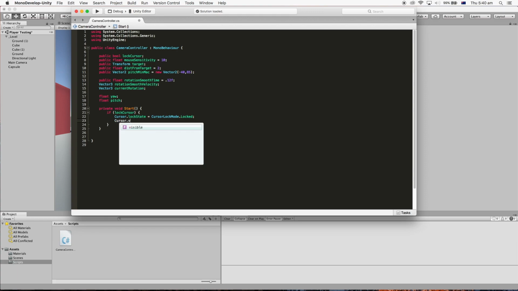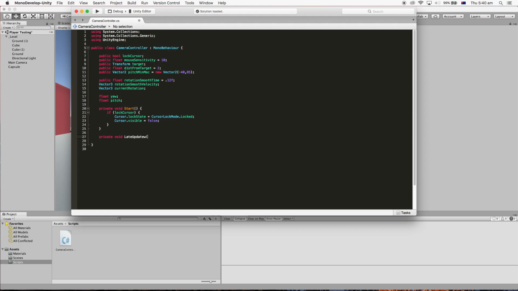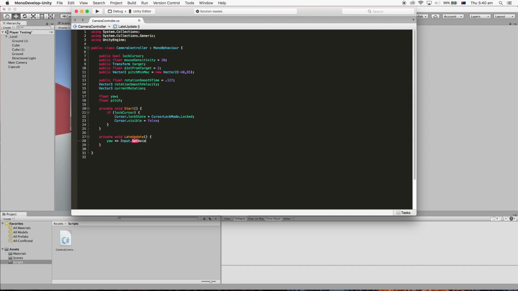Cursor.visible equals false. You can keep it there if you want. I don't know why you would, but okay, we're gonna set this to a LateUpdate. I'm pretty sure on the forums it is an Update, but I don't know if I changed that or not. I did modify this just a bit to help with my character. Yaw plus equals Input.GetAxis Mouse X. So this is you moving your mouse horizontally times mouse sensitivity, and pitch will be equal to